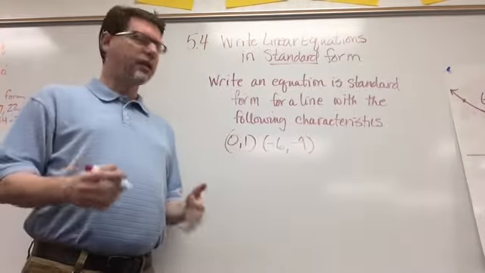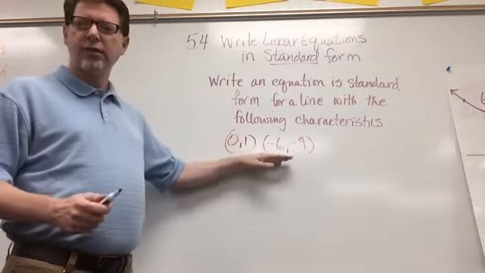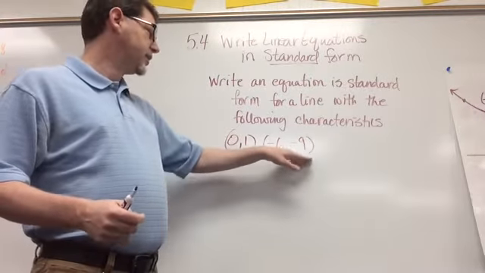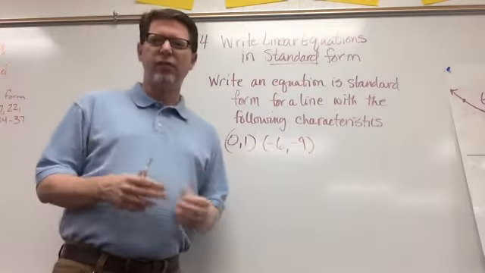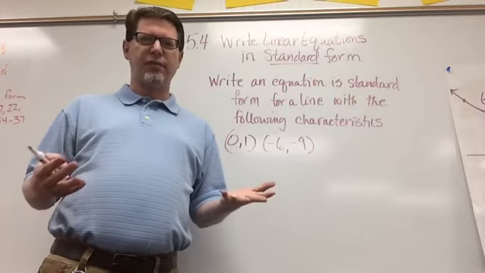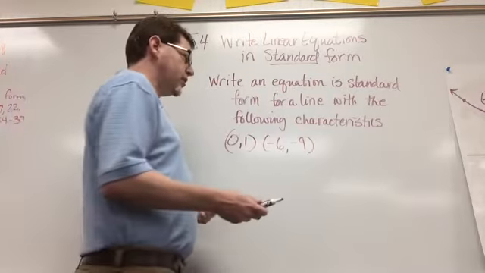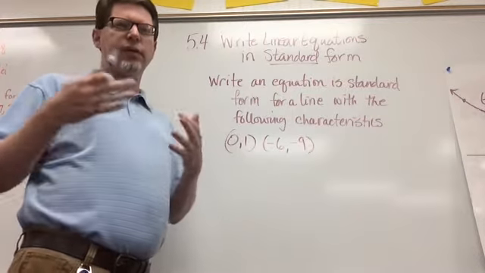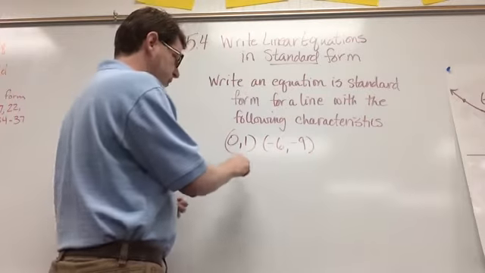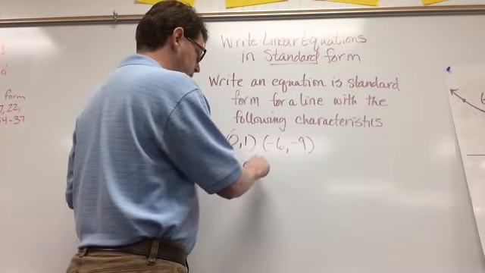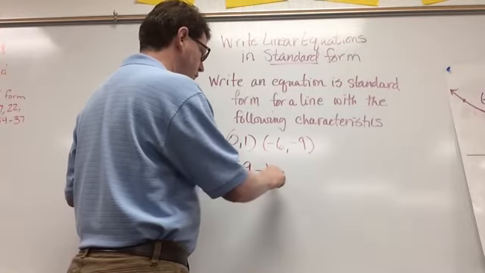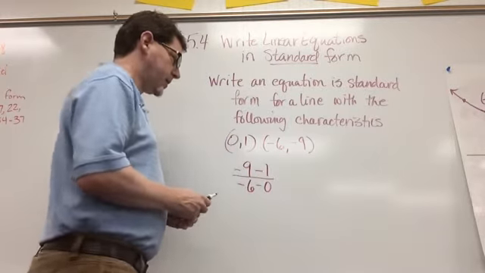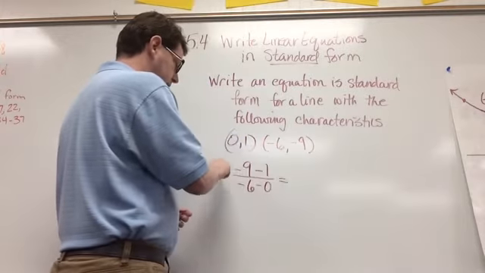Well, let's say that I'm given 2 points that lie on that line. So I have 2 points, (0, 1) and (-6, -9). Well, I don't have a slope, so the first thing I've got to do is find my slope. So let's do that. We're going to do y2 minus y1 over x2 minus x1. So I'm going to do -9 minus 1 over -6 minus 0. That equals, I forgot my m,